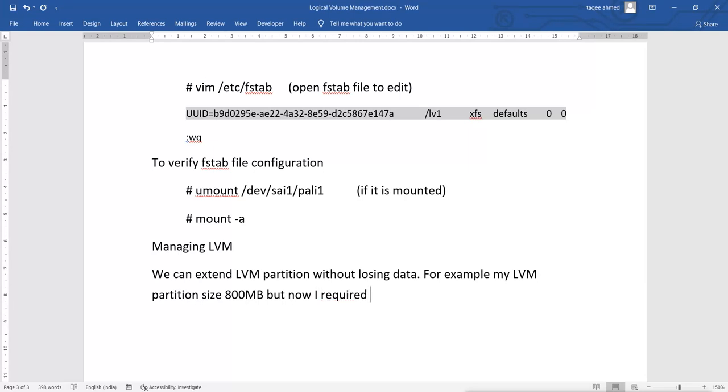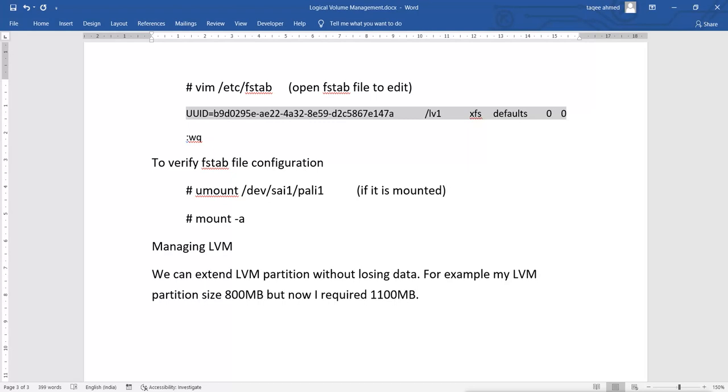Let's say I want 1100 MB. So what I can do, I can extend the size without losing the data.